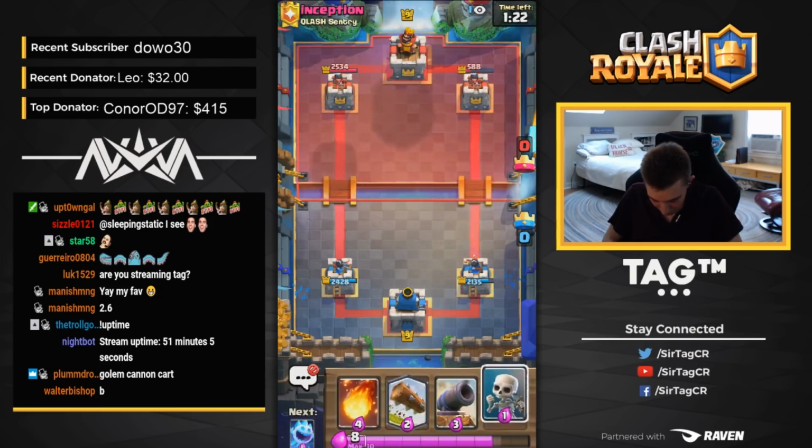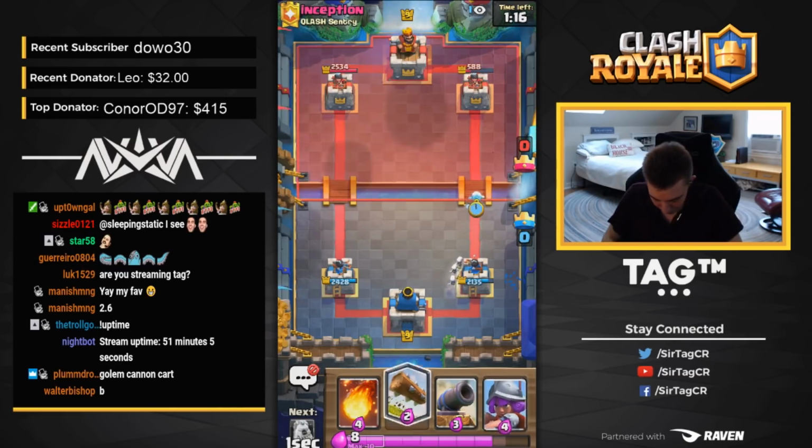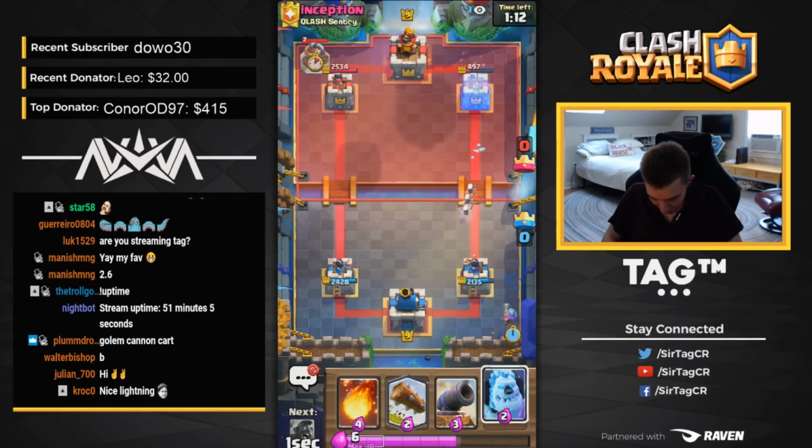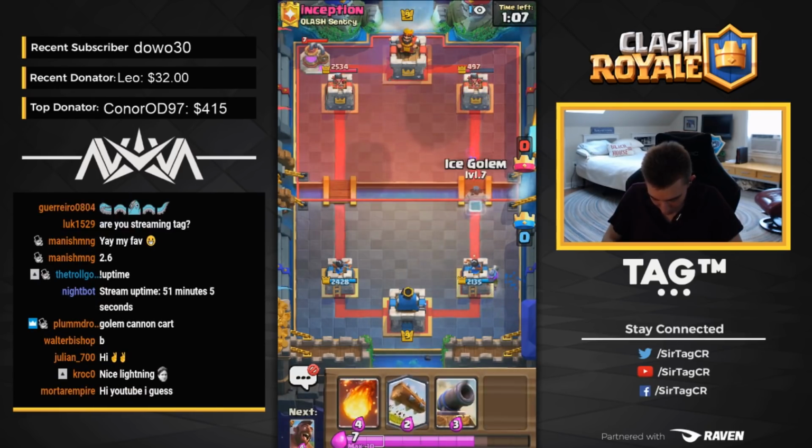So whenever he goes in for Collector, I'm obviously going to Fireball it, right? Going to go in for an Ice Spear right at the river. He's got Lightning, so I know that it's pretty easy to cycle a Musketeer in the back and not really get punished for it. I also want to make sure that when I go in for another Hog Rider push,